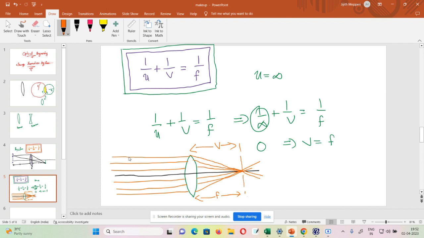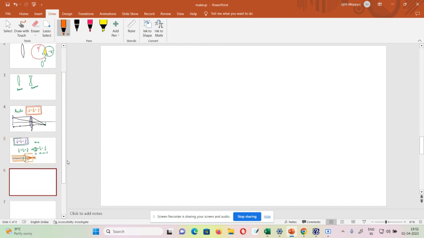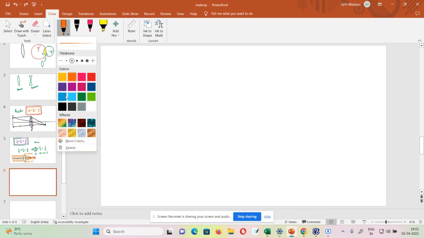So this is the focal plane. Here we see that all rays are parallel, and parallel to the optical axis also. This may not be required. Actually, parallel beams can come at an angle also. So in that sense, it will be like